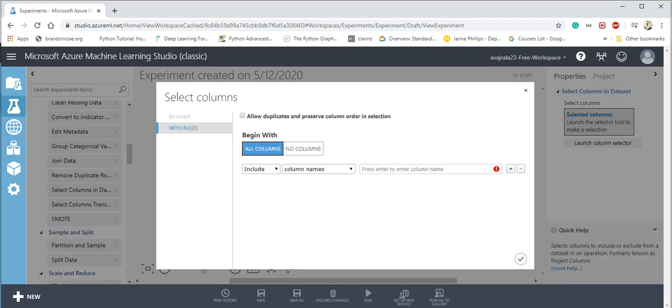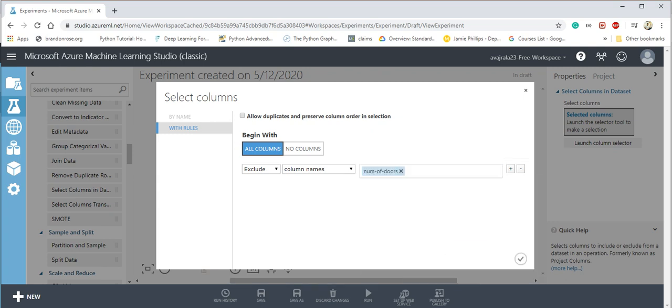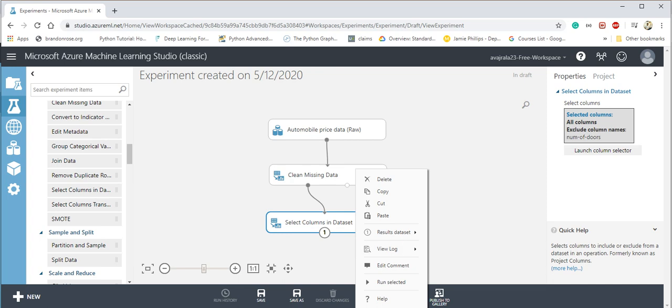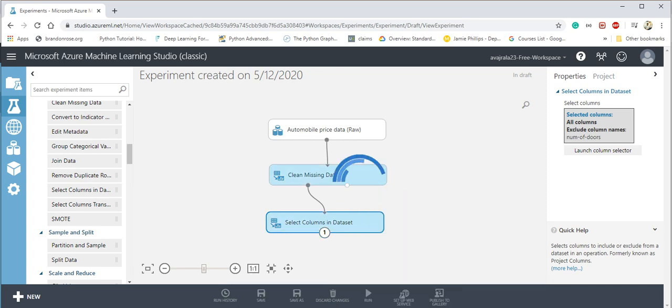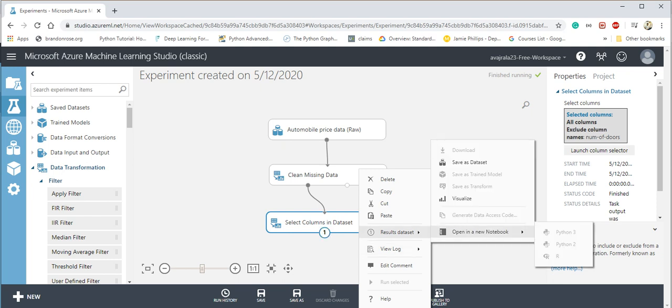I want to start with all the columns and then exclude a column called number of doors. I don't want number of doors in my model, so begin with all the columns and then remove this column. When you run this module, you can see it has run, and if you right click you can see the results.